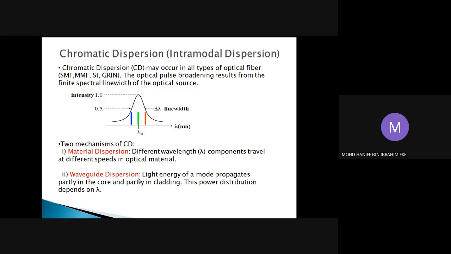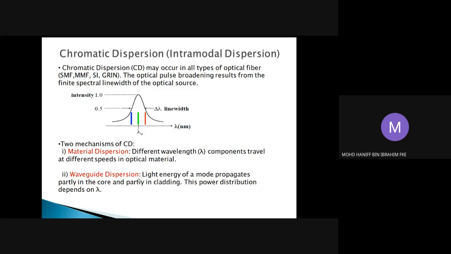Basically, this broadening of the optical pulse due to chromatic dispersion actually results from the spectral line width of the optical source. What is meant by spectral line width? We're going to discuss spectral line width after this, but we can say that the dispersion due to chromatic dispersion is basically due to the finite spectral line width of the